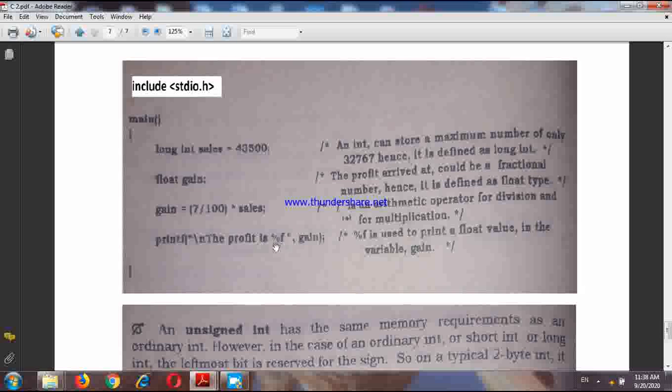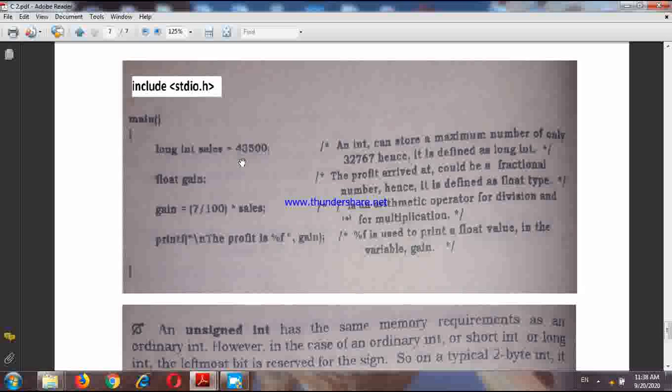So "profit is %f." %f is nothing but a format specification, and in place of this %f, the value of gain will be shown. So whatever value of gain is there, that will be shown in place of this %f. When we execute the program, the control at the beginning will come here.